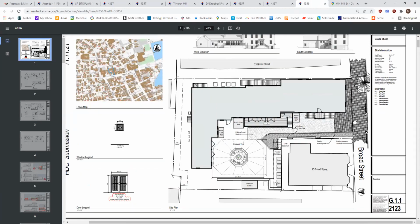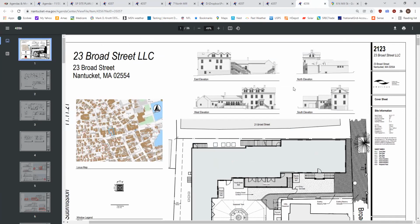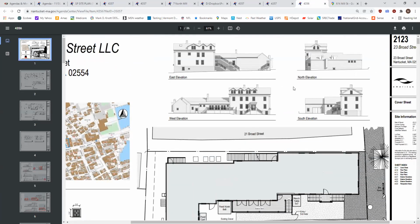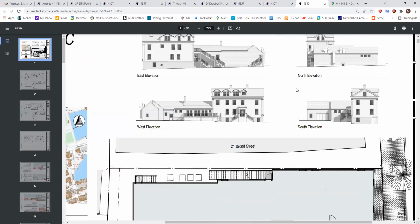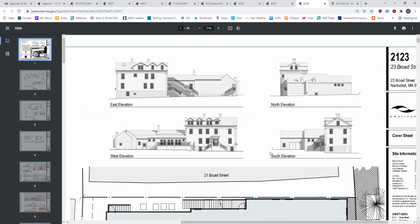We've omitted the dormers. We actually shrunk the deck by about a foot, the projection off the deck by a foot. And then we also changed the direction of the stairs per the HDC's suggestion. We did put a version as an option with a pergola over the front, but